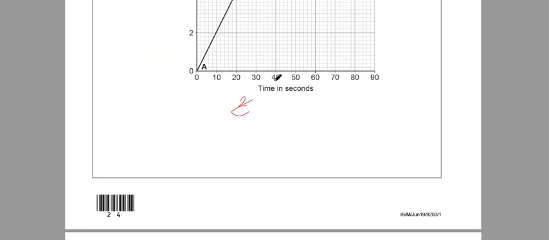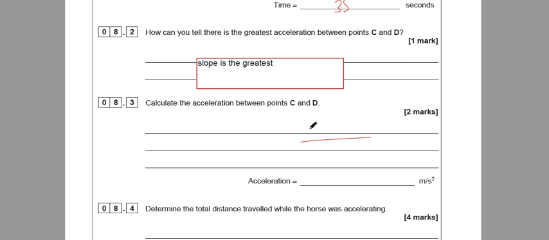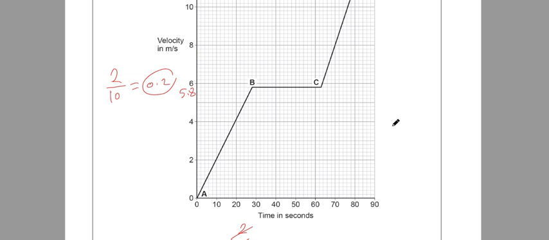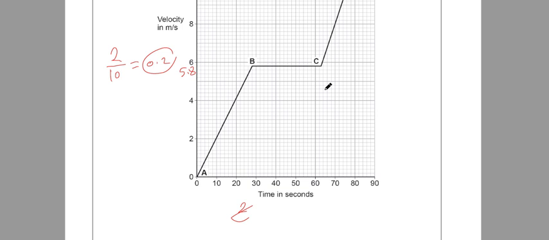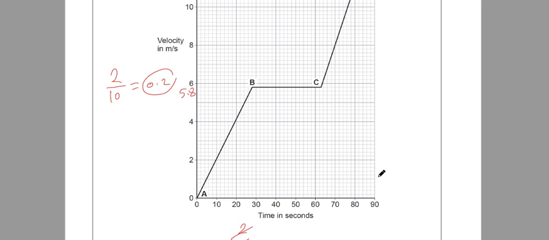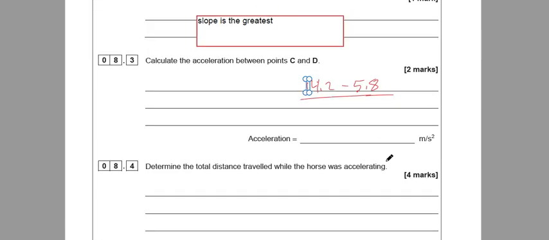This is on the y axis, 14.2 minus 5.8, and on the x axis we begin after 60 by 1.5 small squares, so we begin at 63 and finish here at 90. So it is 90 minus 63, and the result will be